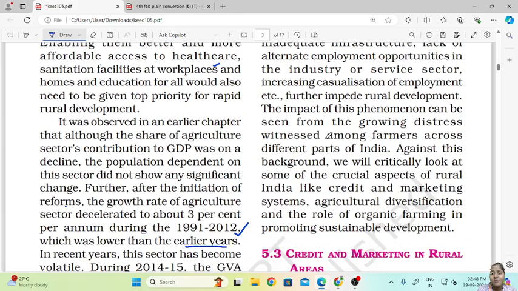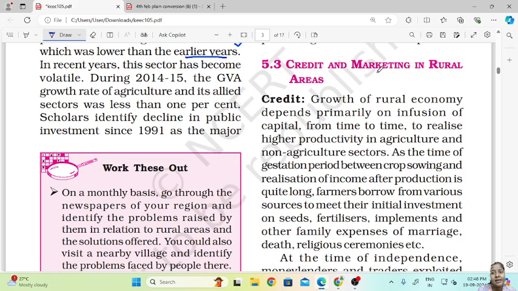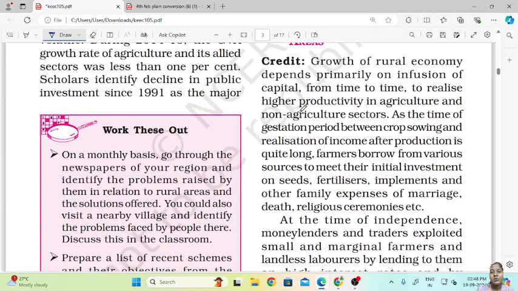Okay, so the next part we'll be learning about is credit and marketing in rural areas. Credit: growth of the rural economy depends primarily on infusion of capital from time to time to realize higher productivity in agriculture and non-agriculture sectors. As the gestation period between crop sowing and realization of income after production is quite long, farmers borrow from various sources to meet their initial investment on seed, fertilizer, implements, and other family expenses of marriage, death,